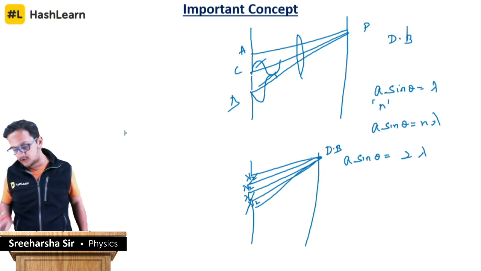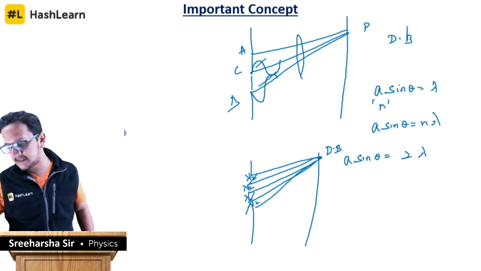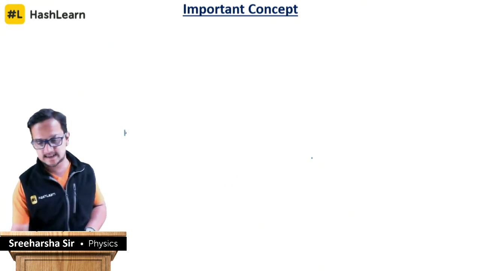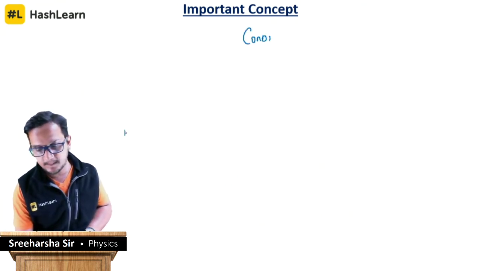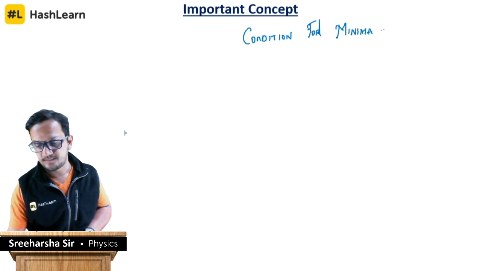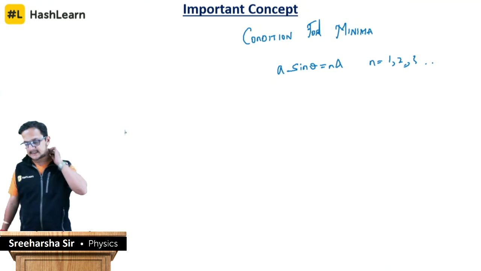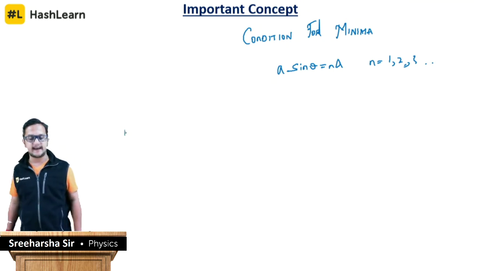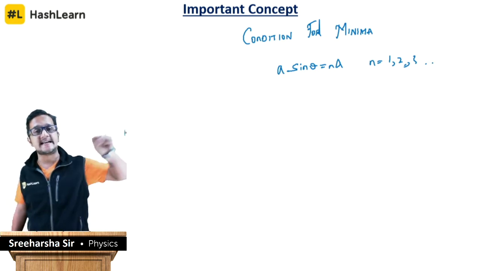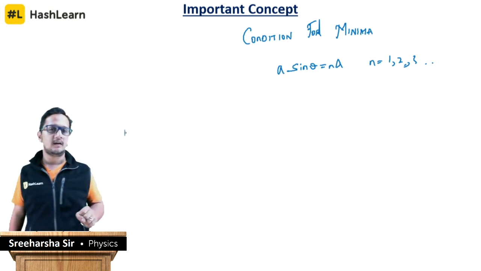So the necessary condition for minima in diffraction is a sin theta equal to n lambda, where n is equal to 1, 2, 3. So this is the necessary condition, a sin theta equal to n lambda, which was the condition for maxima in